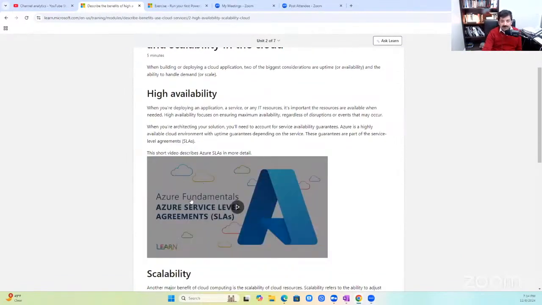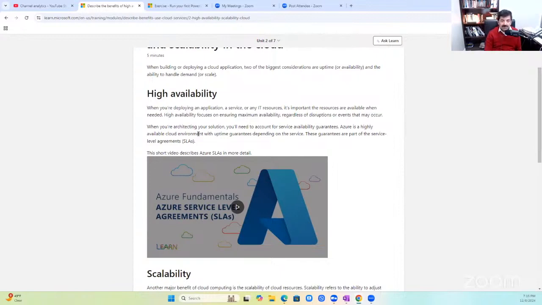High availability. The first benefit of using Azure is your applications can be highly available, because when you're deploying your applications on the cloud, they could be deploying the servers in multiple regions or different geographical locations. One data center can be in India, one data center can be in the USA, and if something happens, some disaster happens, you can switch your IT servers to a different region.